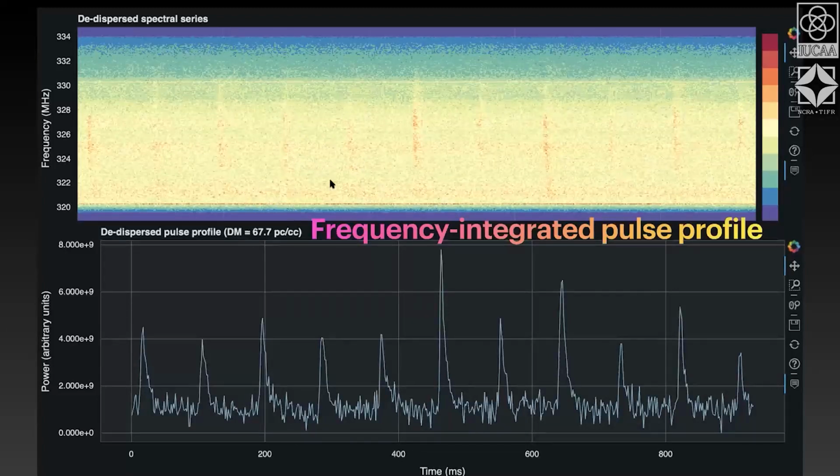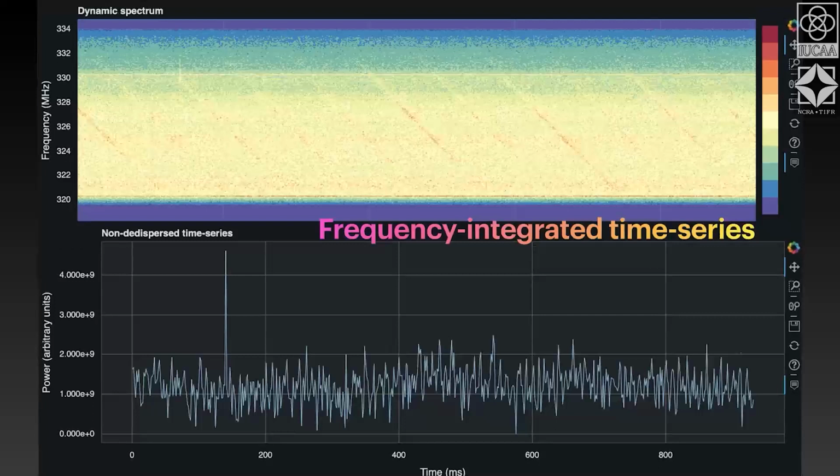So the approximate DM value that I got was about 67.7 parsec per centimeter cube, and that was used to correct. I mean, if it's a bit off here and there, it shouldn't matter. So once you do it according to the values you get, you can see the effect in the de-dispersed dynamic spectrum. You can imagine now if we hadn't actually de-dispersed it, how this particular integration over frequency would